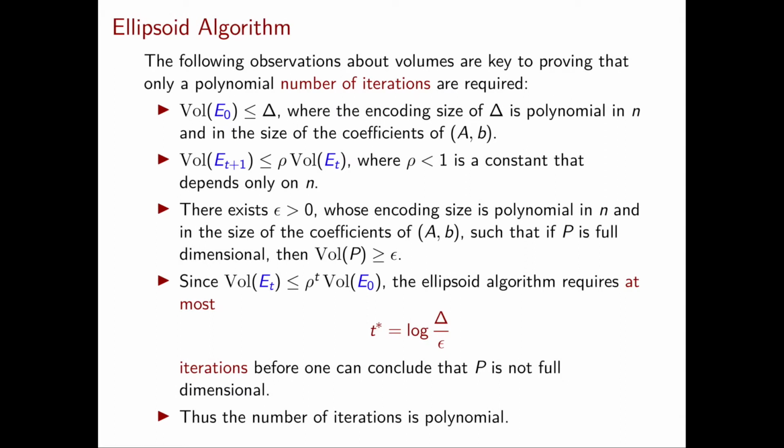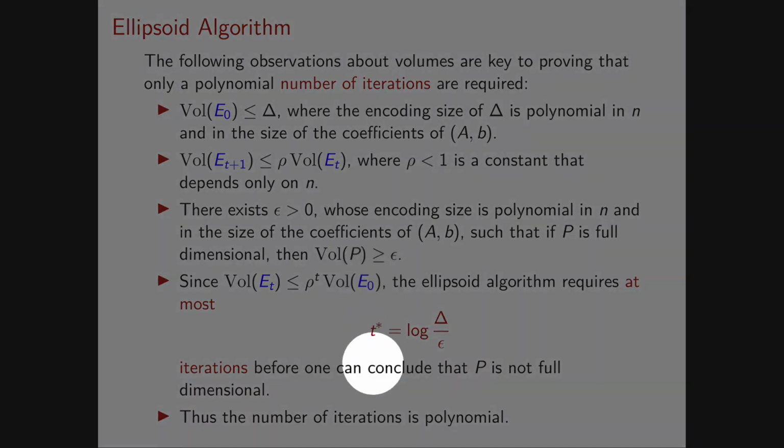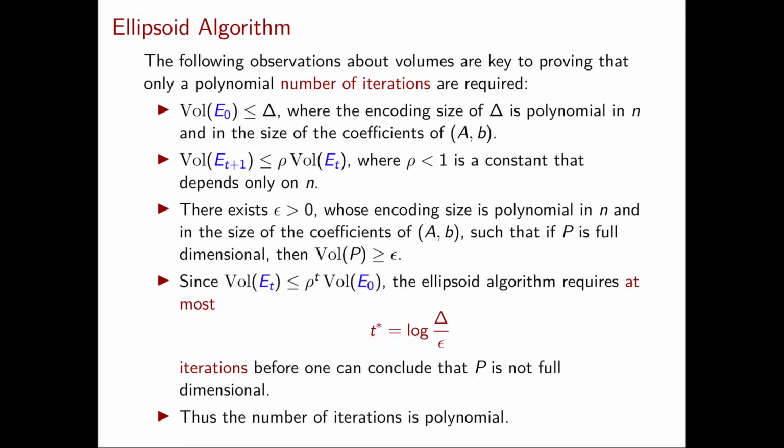Therefore, first, the algorithm is correct, because the output is indeed correct, and the number of iterations is polynomial, because it's log delta over epsilon, and both delta and epsilon have encoding size polynomial in n and in the size of the coefficients of A and b. So at this point, is this enough to argue that the ellipsoid method runs in polynomial time? Well, no,